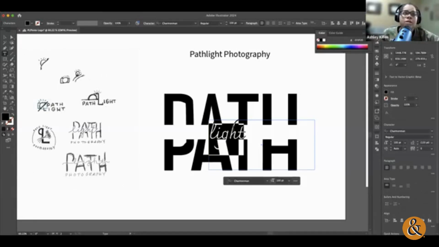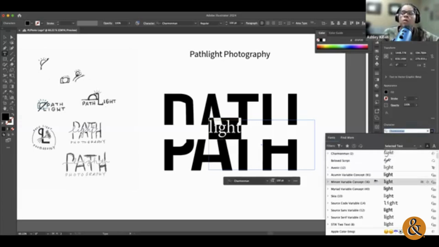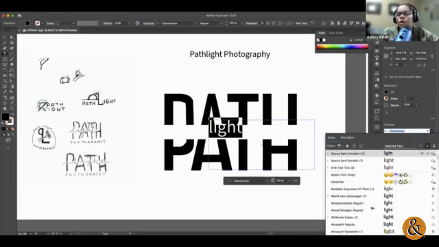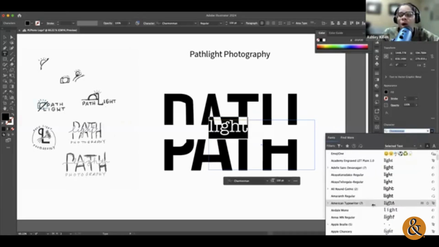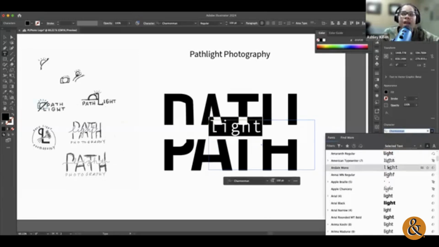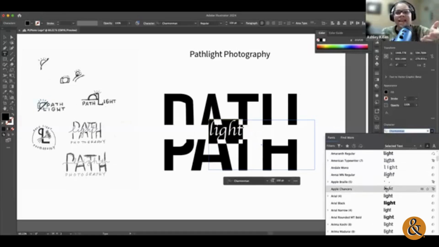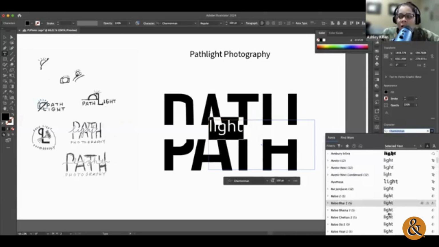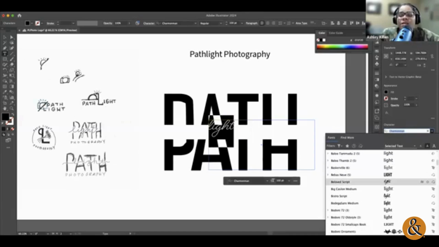When we use fonts that are too close to each other, then it can get really hard for your viewer to differentiate between the two fonts. And now it's like, why is that looking a little different, right? And they'll start questioning that. And now they're focusing on why those fonts look a little different and not the actual thing that it says. They're not going to focus on the fact that this says Pathlight. They're going to focus on trying to figure out why that font is slightly off compared